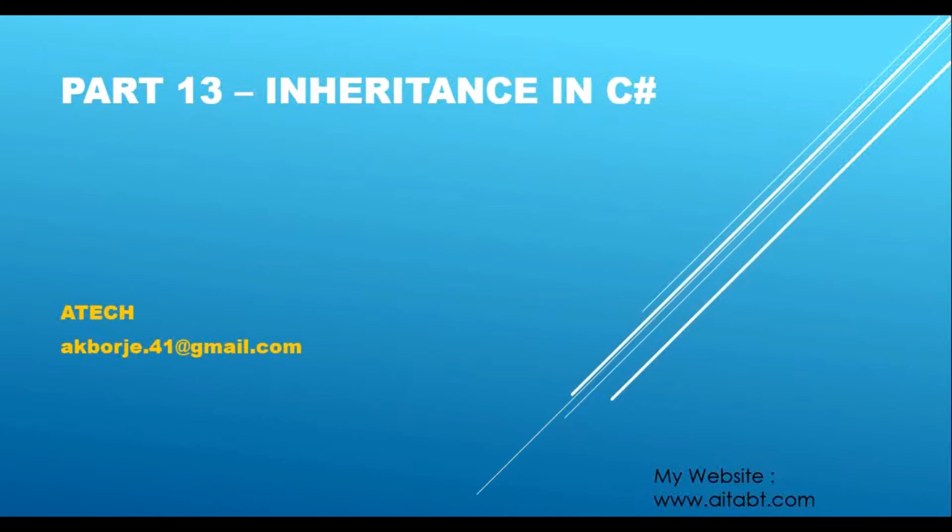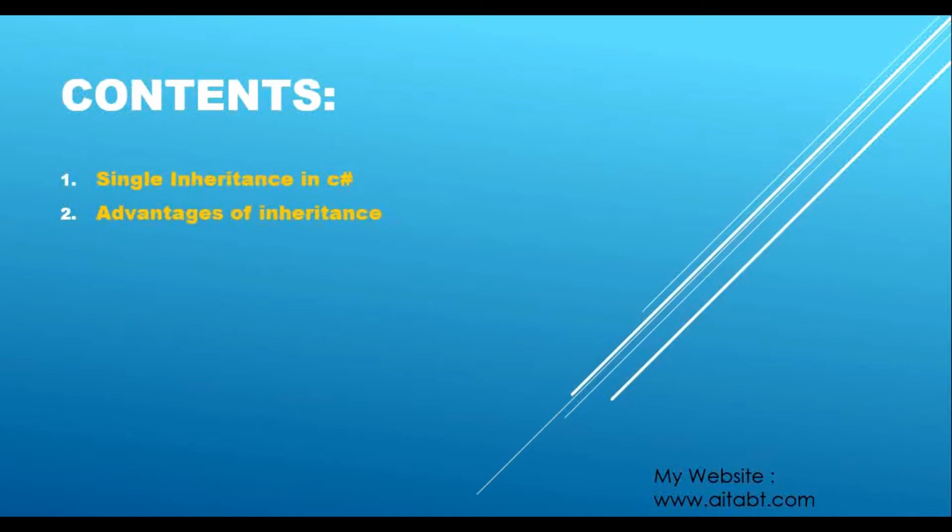In the previous tutorial of this series, we learned what the four pillars of OOP are. I gave an introduction to all four pillars of OOP used in C Sharp, and one of them, encapsulation, we learned in great detail in the previous video. In today's tutorial, we will learn what inheritance is in C Sharp. That is also one of the pillars of OOP, object oriented programming, which we learned in the previous video.